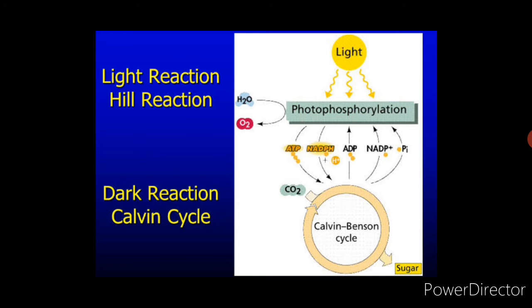When you talk about the external factors, there is the availability of light, because especially in the Calvin process, the absorption of carbon dioxide is very important. So carbon dioxide and temperature should be at proper condition, because in the first reaction the light energy is required. Water circulation in the plant should also be in a proper amount, and the mineral elements present in the plant should also be adequate, so that the entire process of photosynthesis takes place in a good way. So these are the internal factors and the external factors of the photosynthesis process.